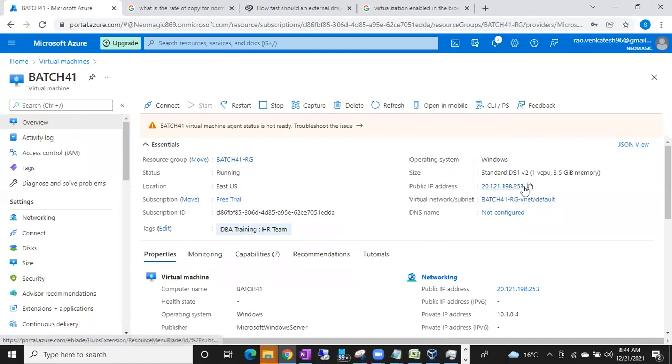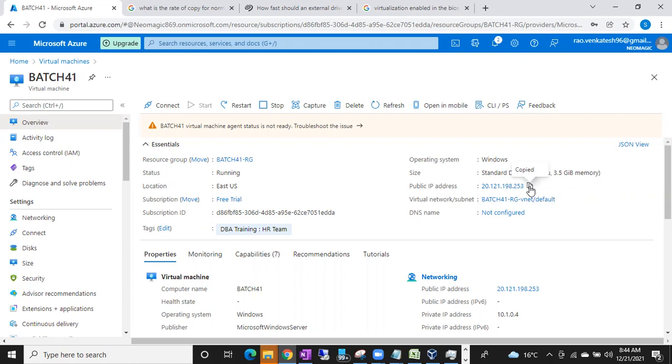Okay, now how can I connect to this Azure VM, sir? Copy this IP address. We are going to connect to the server remotely now. How to connect to the server remotely? Can anyone tell me? MSTSC. Very good, guys. Tomorrow I'll explain what is meant by remote connections, why we have to go for remote connections, what is meant by office network.